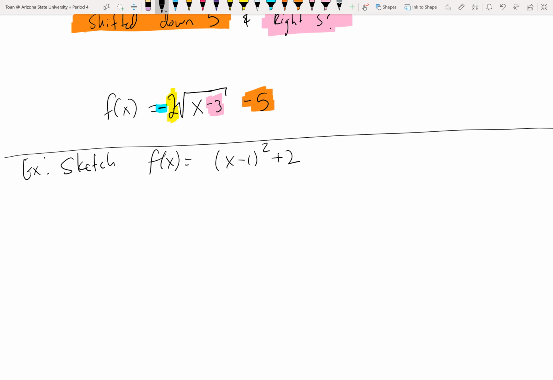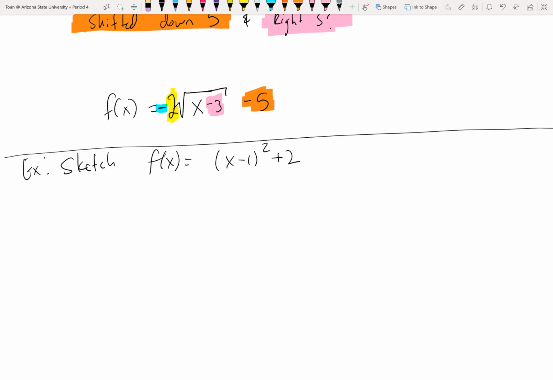Normally, what would sketching entail? Well, normally what would sketching entail if we didn't have a calculator or Desmos? Because I know that was going to be the first response. You would just do an XY table. That's it. Easy peasy. Just make an XY table, plug in some X's, get some Y, plot it, go home,